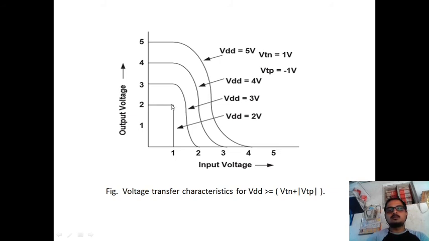decaying output. Where you get a sharp decaying output means VDD less than or equal to VTN plus VTP. Here consider VTN equal to 1 volt, VTP equal to minus 1 volt. Substitute this, we will get 2 volts. At 2 volts, we get the sharp decaying. Hence here there is no rise time and fall time. Hence actually there is no short circuit power dissipation when you decrease the VDD to VTN plus VTP.